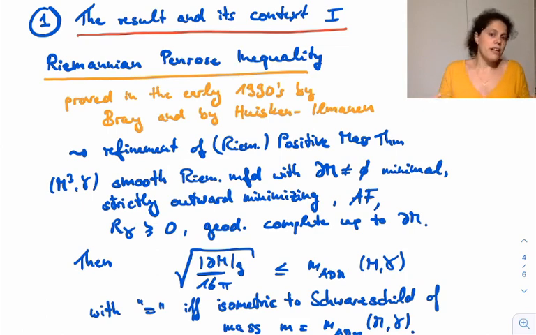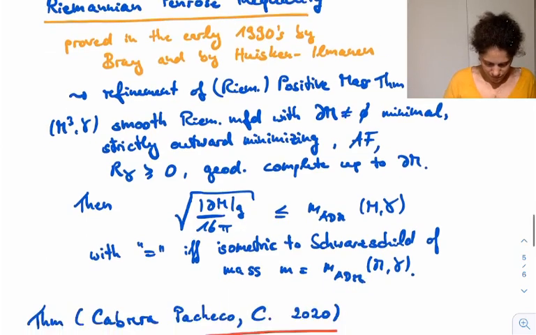So we knew already that Schwarzschild saturates this inequality, and this rigidity statement now says that actually it's the only manifold up to isometry which saturates it, or the only one parameter family of manifolds. This is the famous Riemannian Penrose inequality from geometric analysis and/or mathematical relativity, as you will. And also, this theorem has stimulated many refinements and applications and generalizations that I won't have time to go into. Some I will go into.